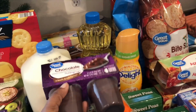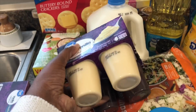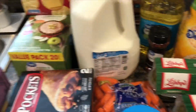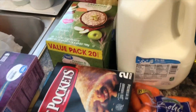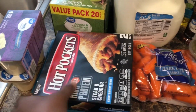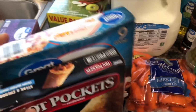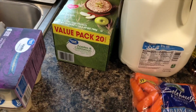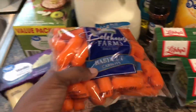Okay, so let's continue. So I got some, guys, come on. I got some chocolate pudding for their lunches, vanilla pudding. I have some Southwest. I have a thing of mayo. I have a steak and cheese for their lunches, and mini pizza bite. These mini pizza bagel bites, vanilla, carrot for their lunches,